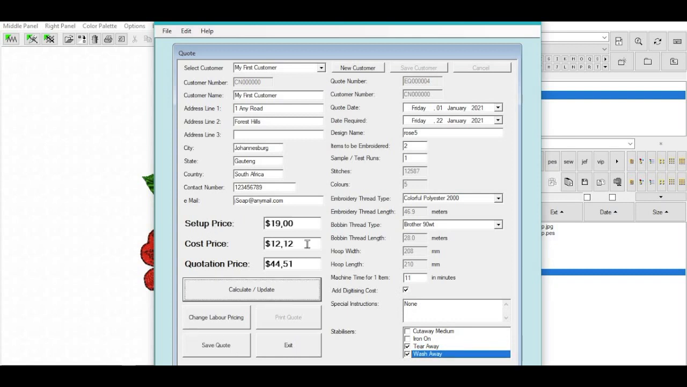The setup price: you can set up a default setup price for your jobs, or you can remove it. It's entirely up to you. The cost price for your job will be $12.12. The quotation price for this job at this point in time will be $44.51. So we can save the quote,